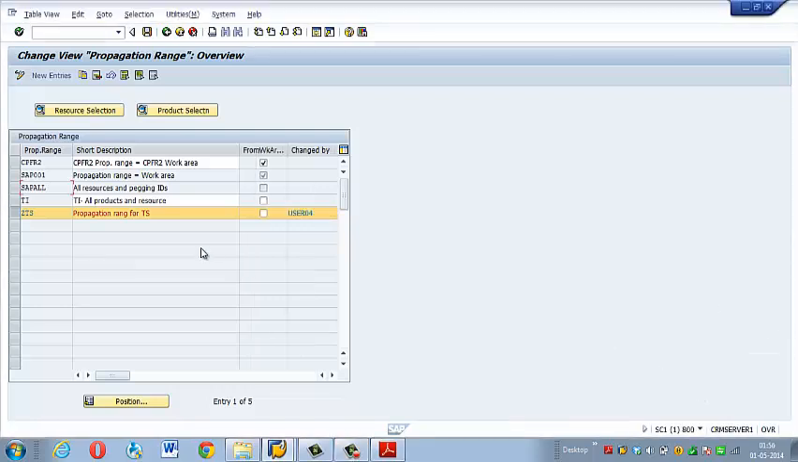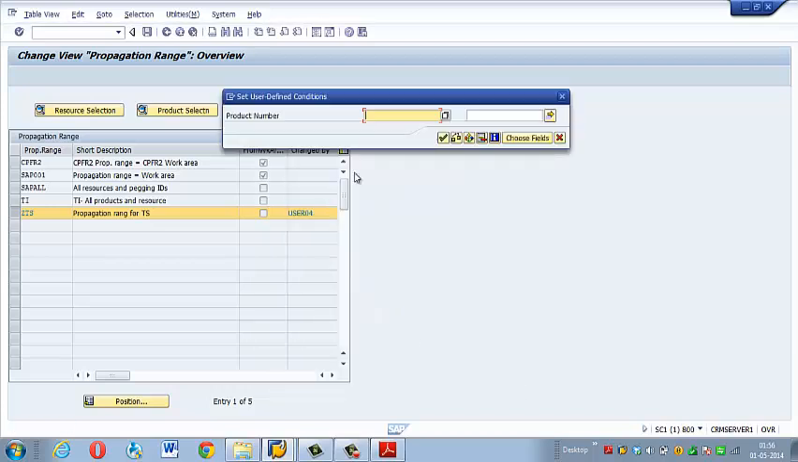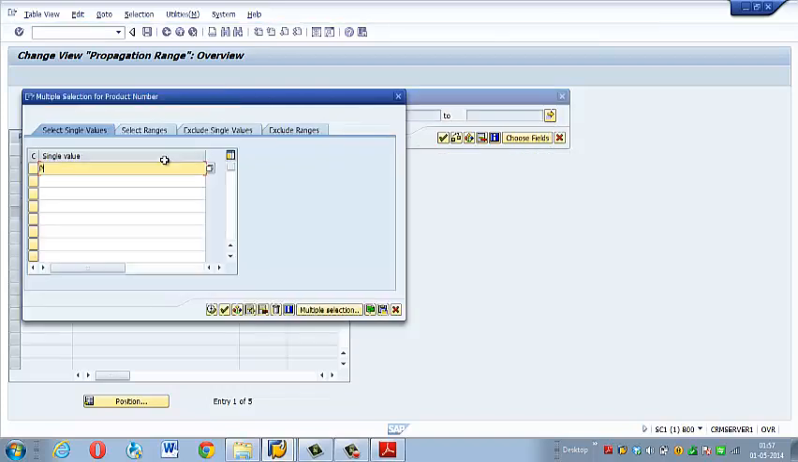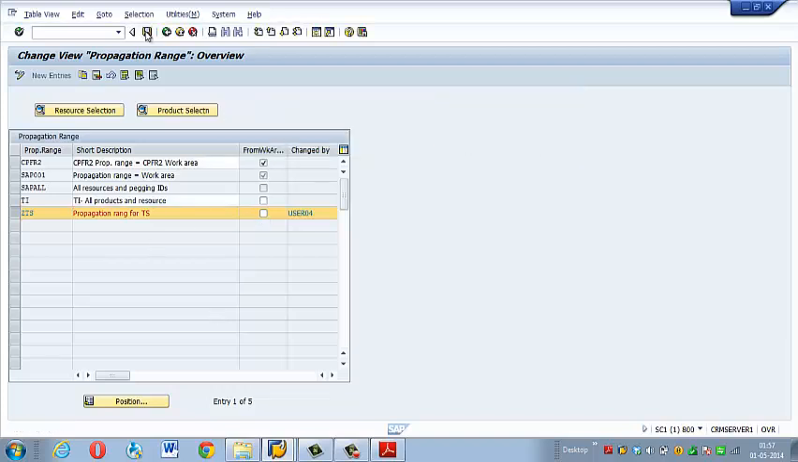So here you select ZTS propagation range and click on product selection, include product number, continue, and here you can give the product PROD 01, continue, save. The propagation range has been saved and included the product,